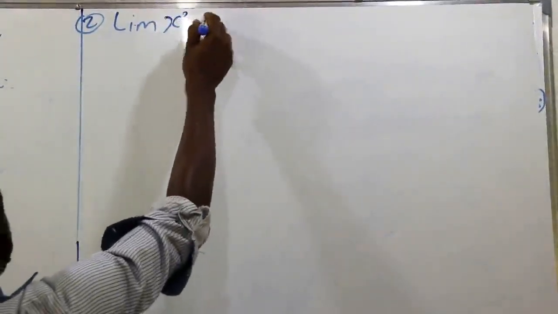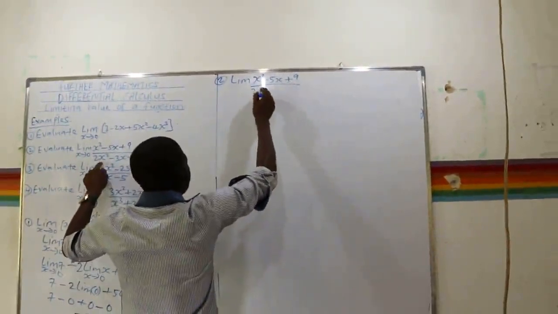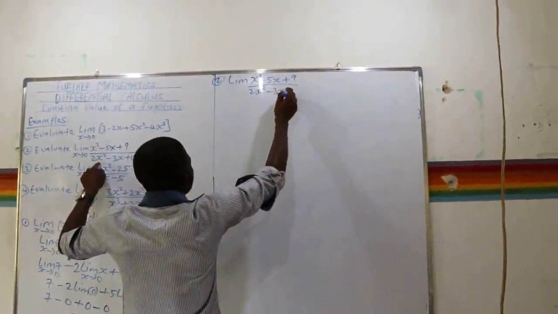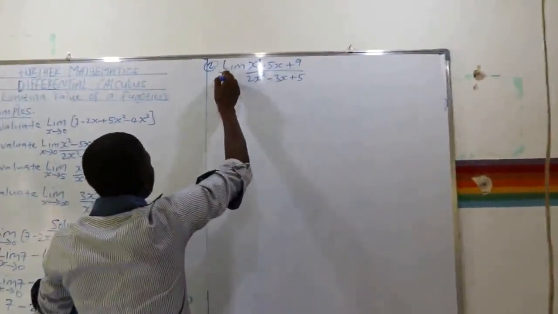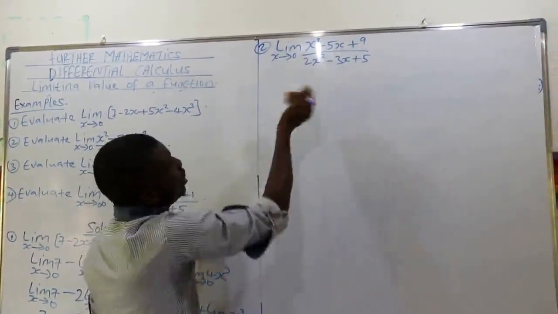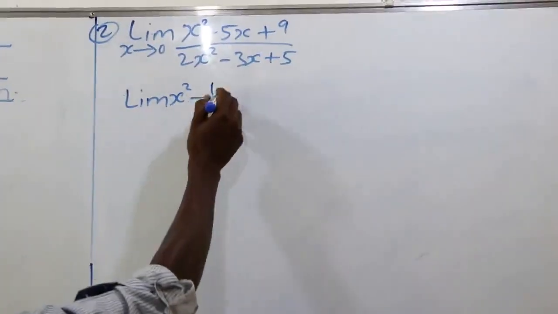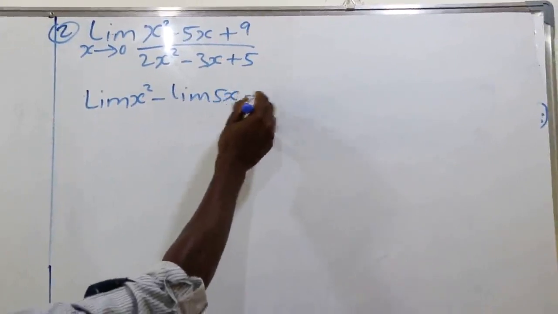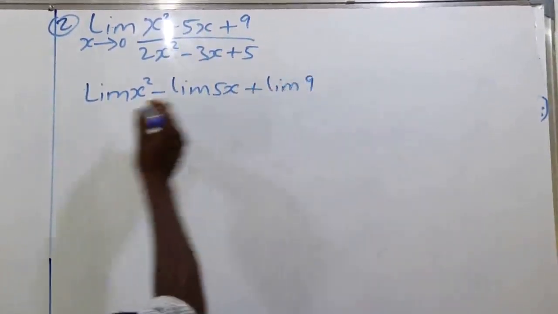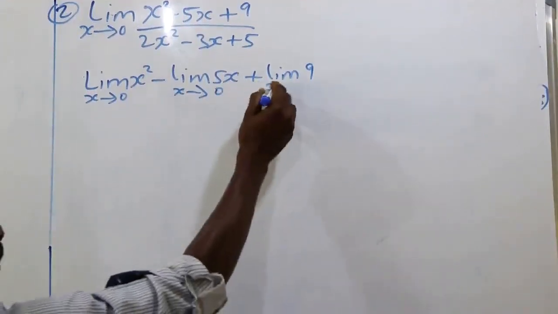Now for example 2, we are given: evaluate the limit of x squared minus 5x plus 9 divided by 2x squared minus 3x plus 5 when x tends to 0. I think this is the fourth property. Now this will give us the limit of x squared minus the limit of 5x plus the limit of 9. Don't forget x tends to 0, x tends to 0, and x tends to